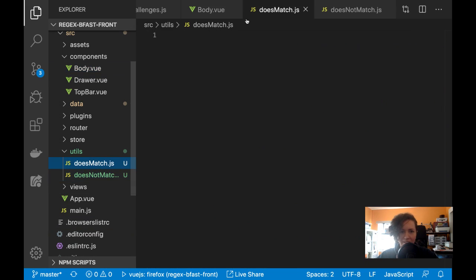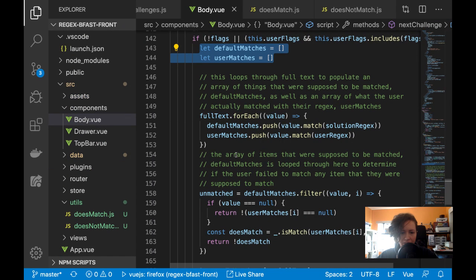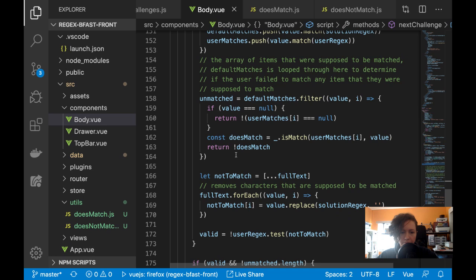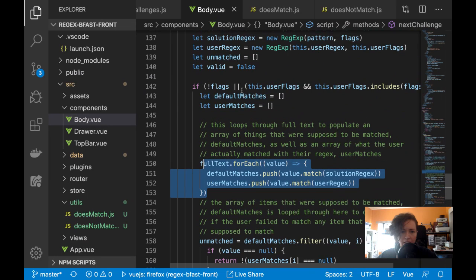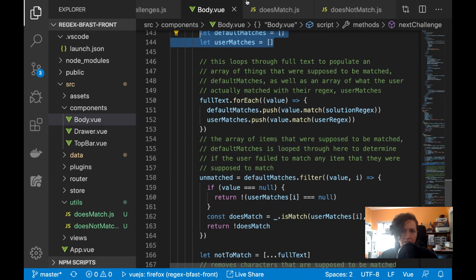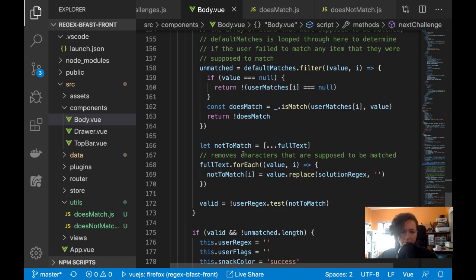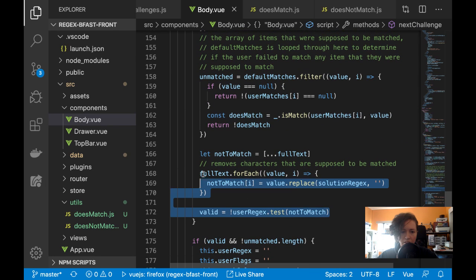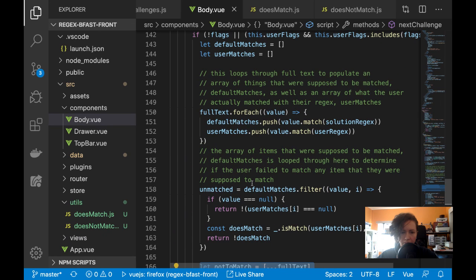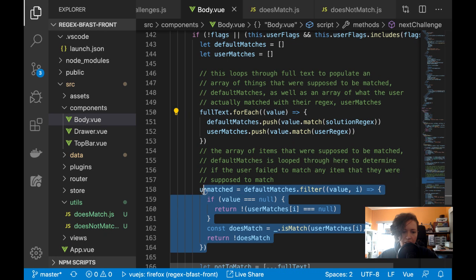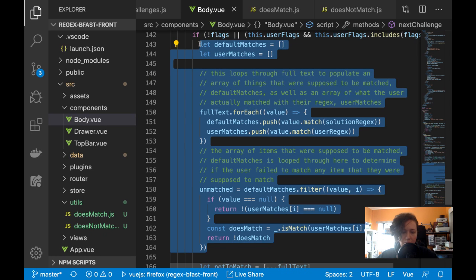Okay, so does match would really be this filter, this for each, and these two arrays. And then the other one would just be these two things. Yeah, because this is just setting up the two arrays of what was matched, and then this is checking that everything was matched correctly. So let me pull these out,